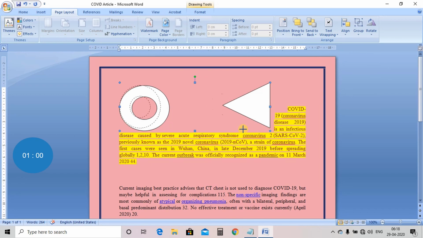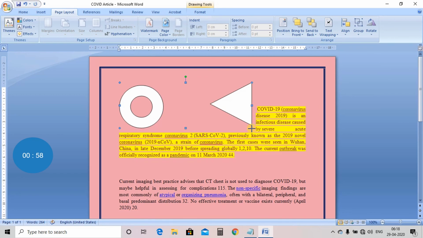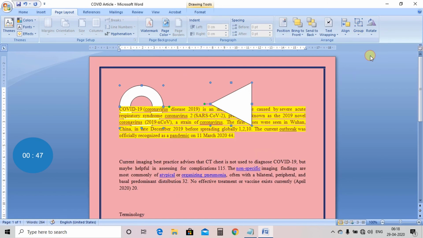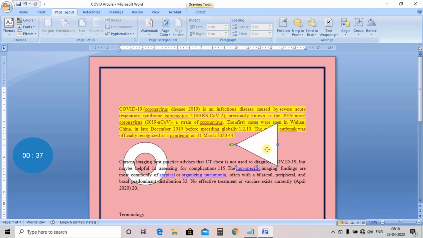These are not two individual images now, but a single image. And if you want to ungroup them, then select the image, again go to group and use the option ungroup. Now they will behave like individual images.